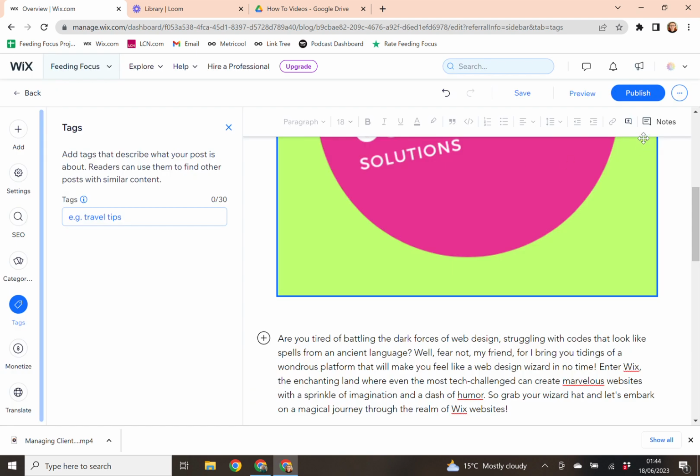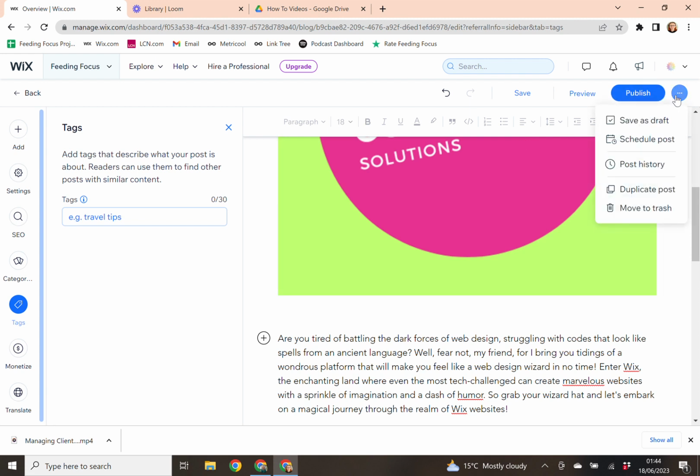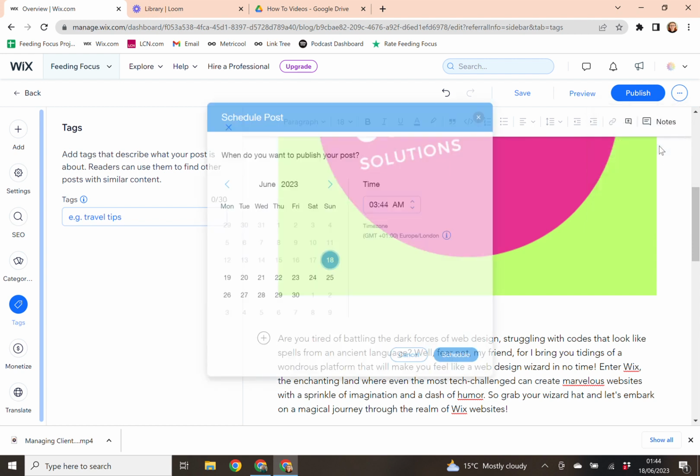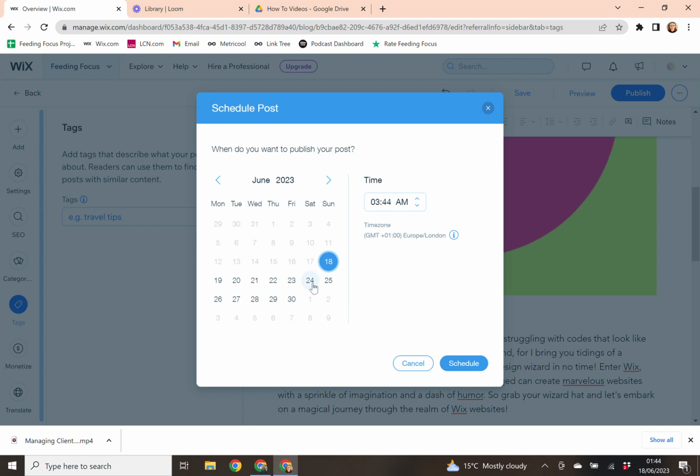Now if you want to publish the post there and then, so immediately, hit publish and it will publish it. If you want to schedule it for a future date, hit on the 3 little dots, click on schedule post, and it will then ask you the date and time that you want to schedule that post. So I want to schedule it for next Tuesday at 6 in the morning, or nearly 7 in the morning. If you then hit schedule,